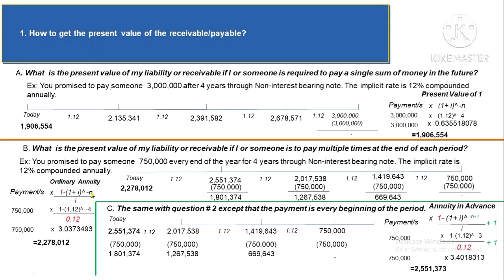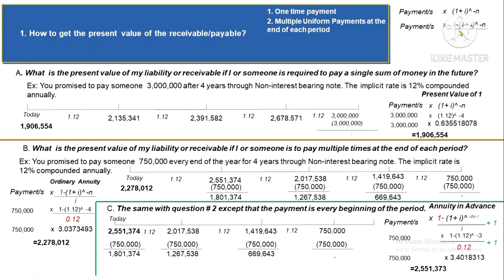Now, let's have the summary. So, to get the present value of your receivable or liability, or to answer the first question, if it involves one-time payment only, you use payments times 1 plus i raised to the power of negative n. This formula is what we call present value of 1. And if it involves multiple uniform payments at the end of each period, then you use payments times present value of one ordinary annuity, which is 1 minus 1 plus i raised to the power of negative n